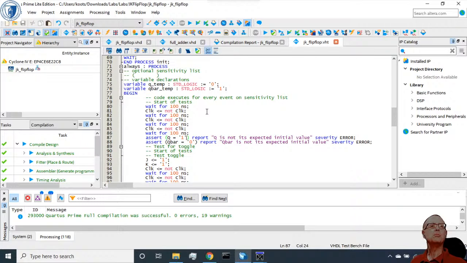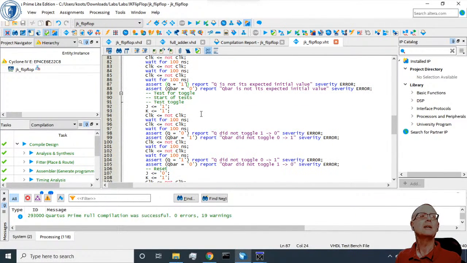Yeah, I'm wondering whether it mightn't be a bad idea to explicitly set the clock rather than just toggle it. That way we could tell when there's a positive going transition and when there's a negative going transition. So let's have a look. Here's the toggle. So rather than do this, let's set the clock to 1,